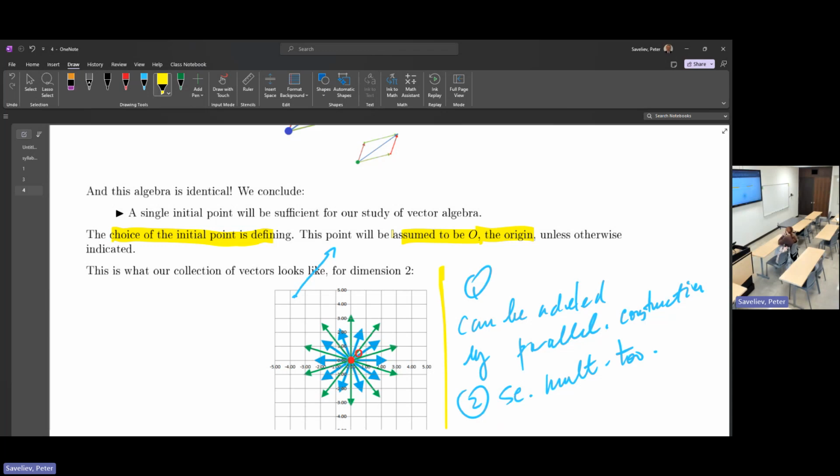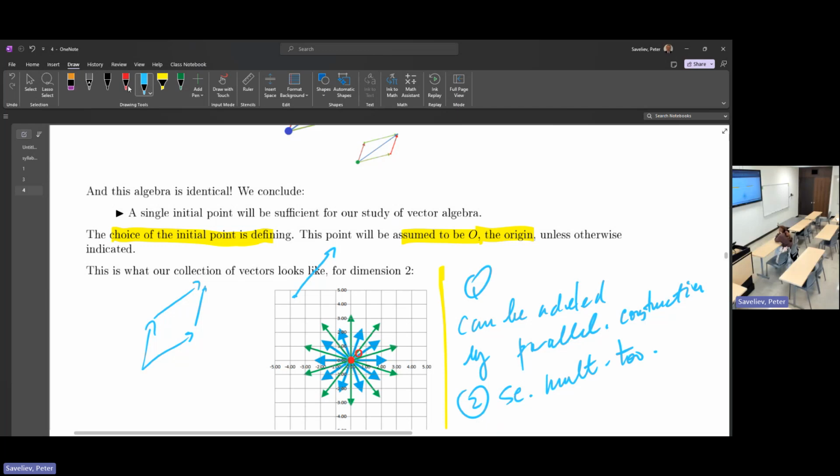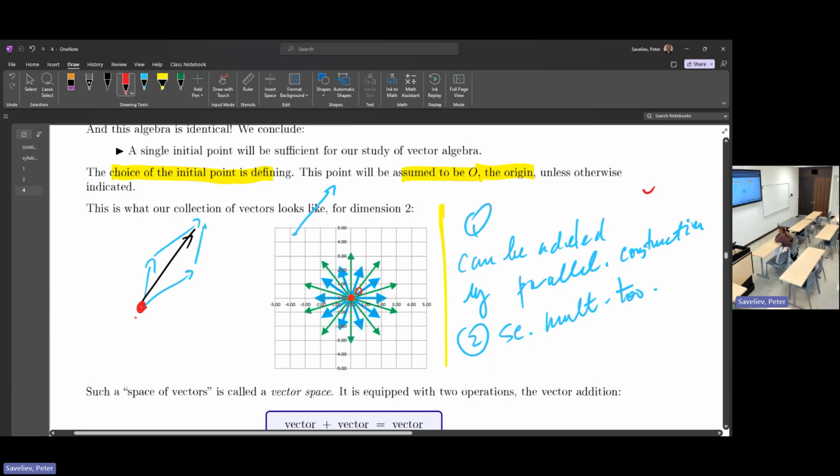So when you add two vectors using the parallelogram, the end result is a new vector that still has the same origin. That's why it works out. Scalar multiplication is the same thing: you can stretch or shrink. So that's why we don't really need anything else, and we can entirely concentrate on the algebra of vectors